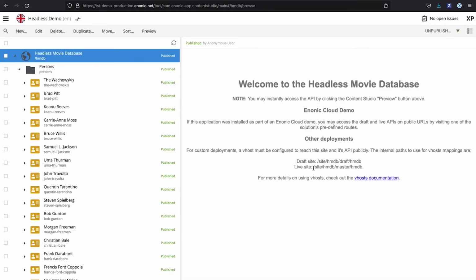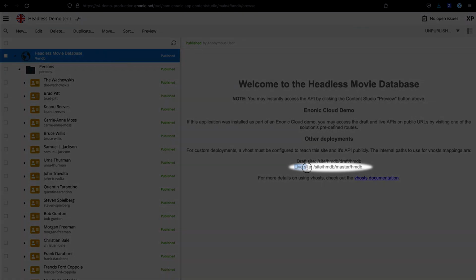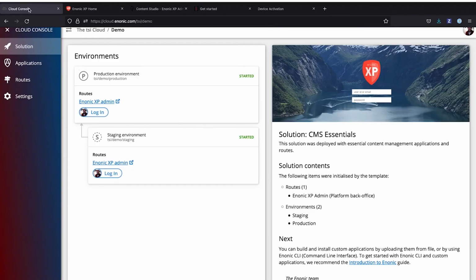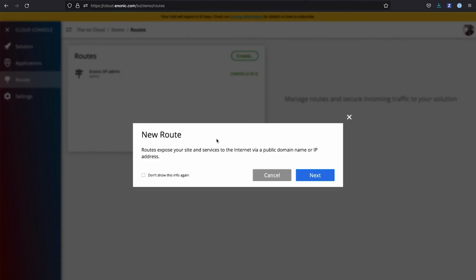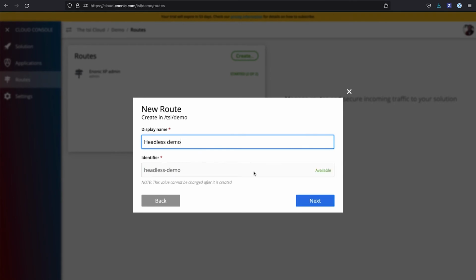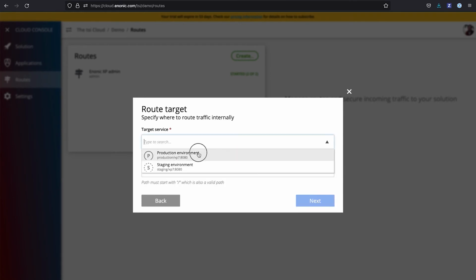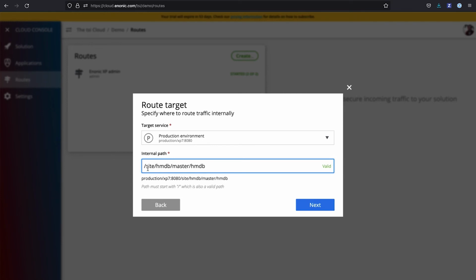Next, you must create a route. Copy the internal path to the live site provided by the info on the top item. Return to the Cloud Console, choose Route, and create a new route. Type in a display name, choose the production environment as the target service, and paste the URL from earlier into